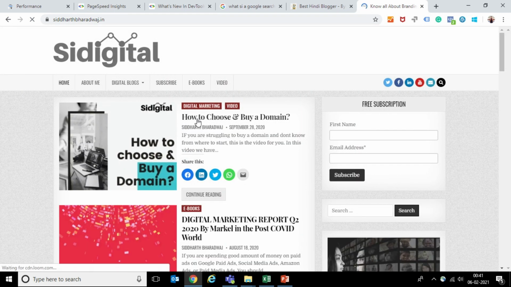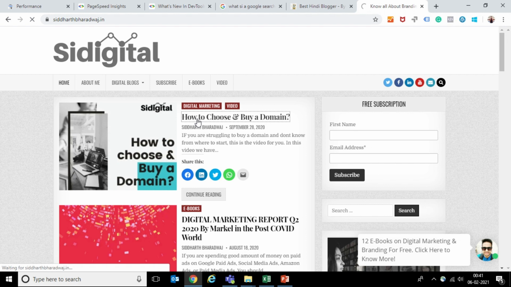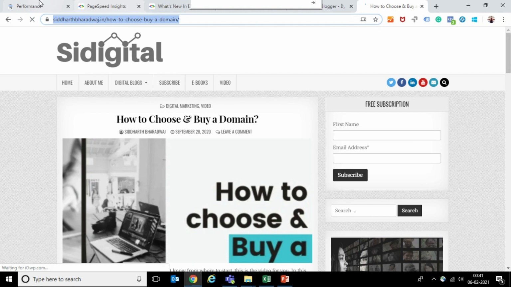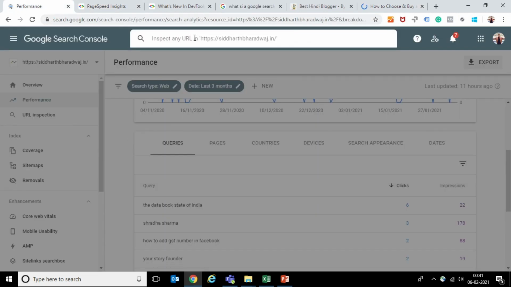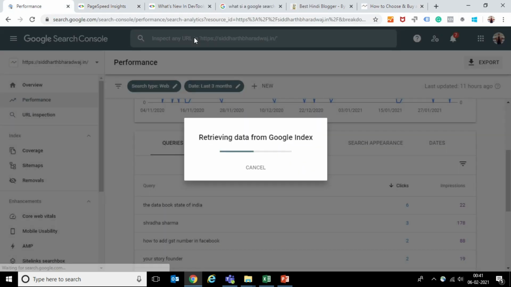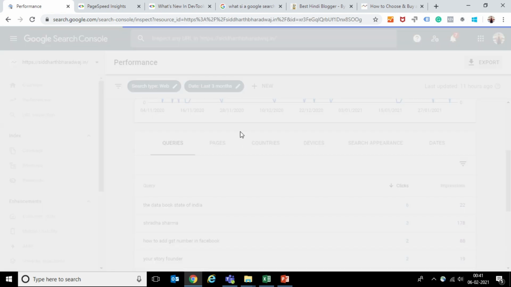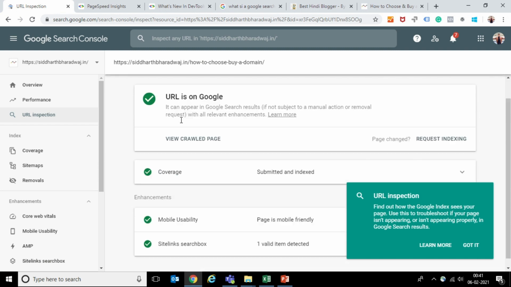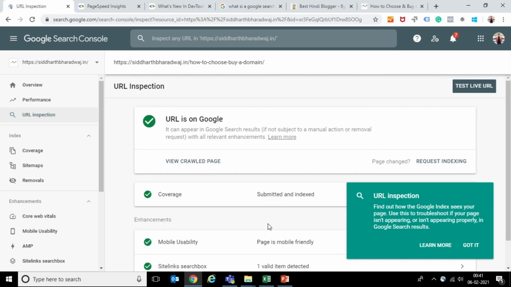Suppose I want to see this one. I'll copy this URL. I'll go inside this and I'll paste it. Click enter. So it will tell me whether this link has been indexed or not. So it is saying that this URL is there on Google and it is linked, right? So this thing is there.